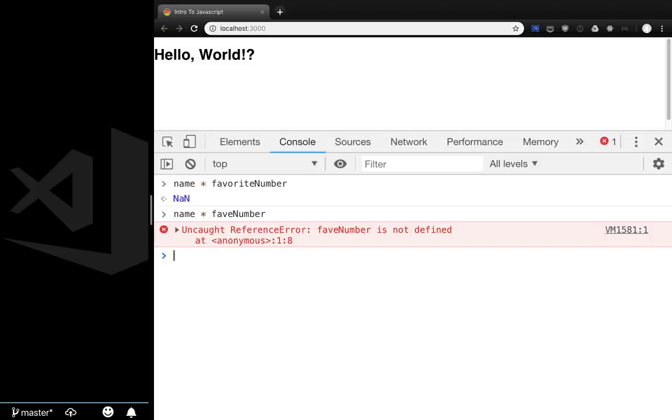JavaScript, the language, is telling me, hey Gavin, you ran a line of code somewhere, and I couldn't do what you asked me to do, not because you gave me two things that were incompatible when you tried to multiply them together. You gave me something I don't even know at all. And I don't know what fav number is, even to try and help you do the thing. So as we start programming in JavaScript, this area right here is going to be one of your best